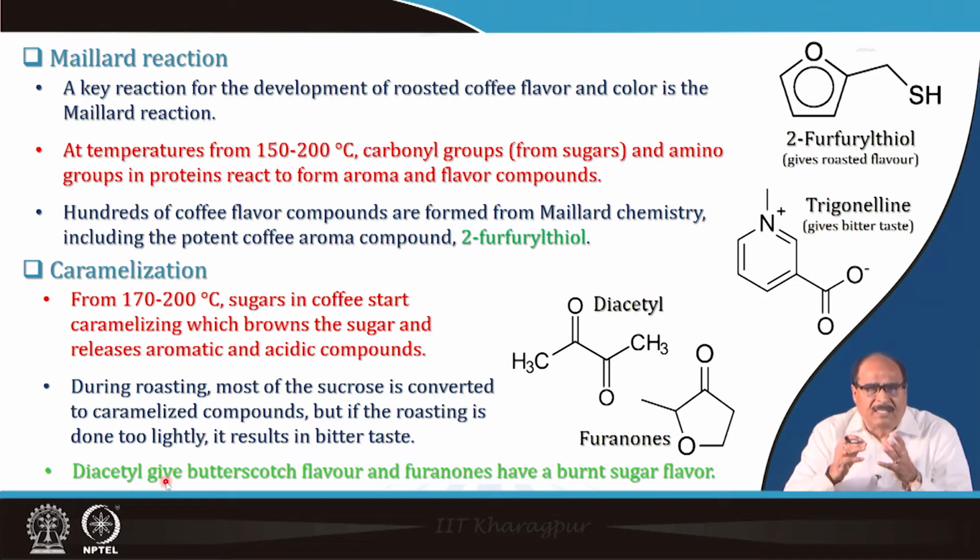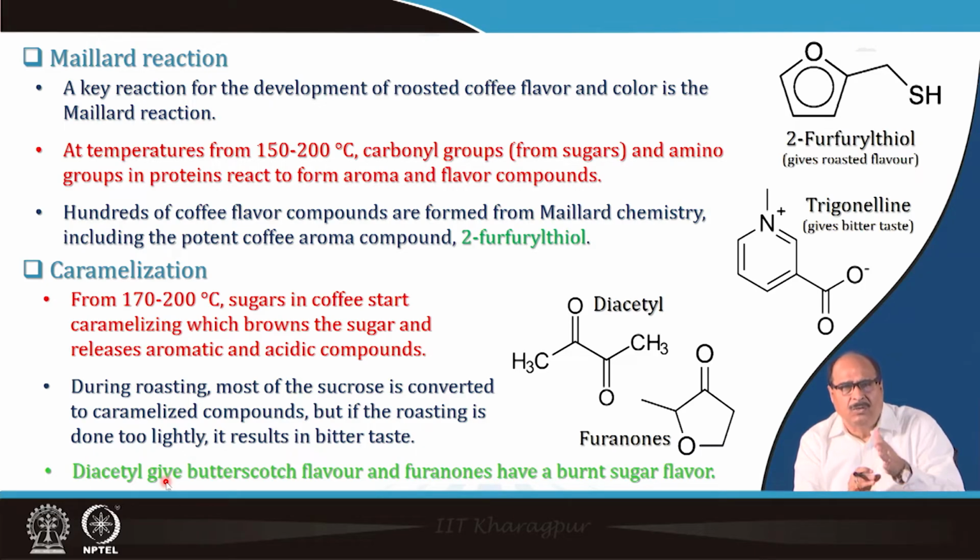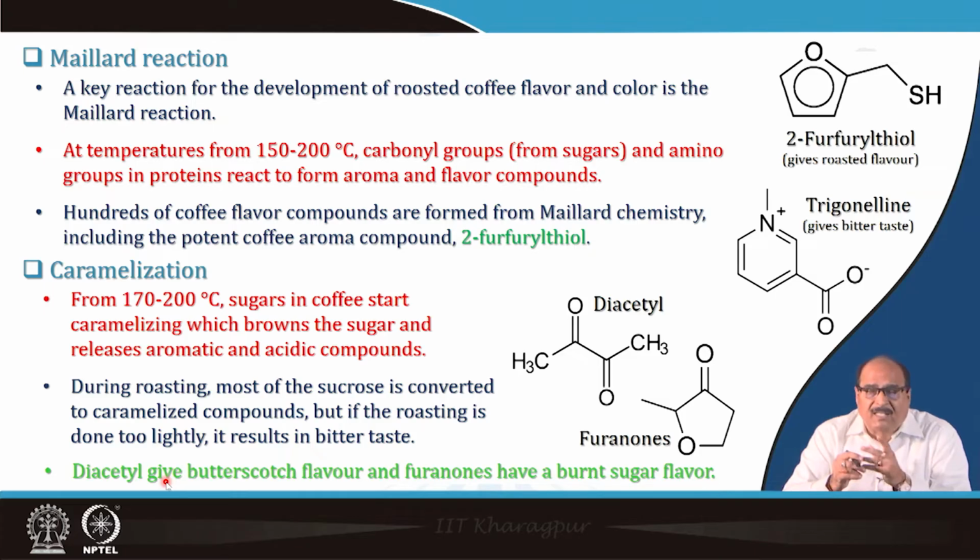In the caramelization process, that is when the temperature goes further up to maybe 170 to 200 degrees Celsius, sugars in the coffee start caramelizing, which browns the sugar and then releases aromatic and acidic compounds. So, during roasting, most of the sucrose is converted to caramelized compounds, but if the roasting is done too lightly, it will result in a better tasting. So, diacetyl, you can see here in the figure, gives the butterscotch flavor to the coffee, whereas furanones have a